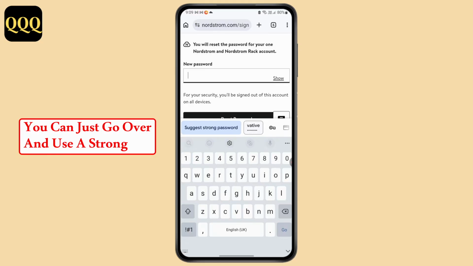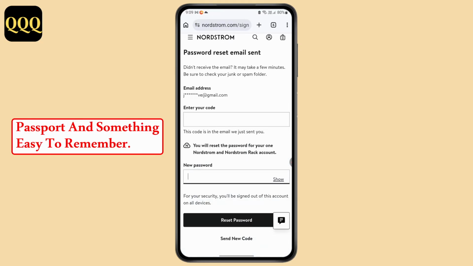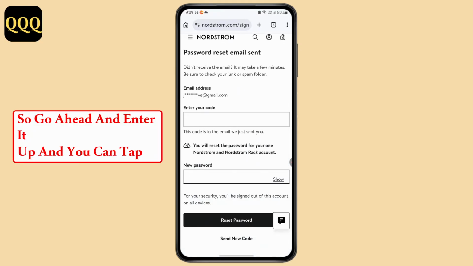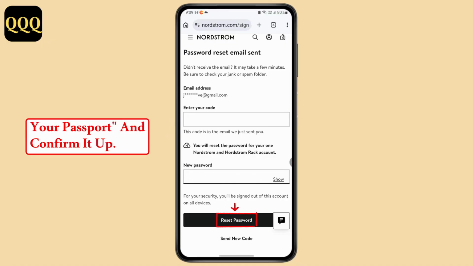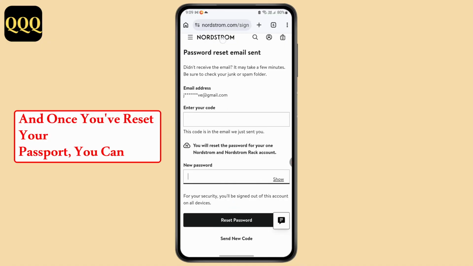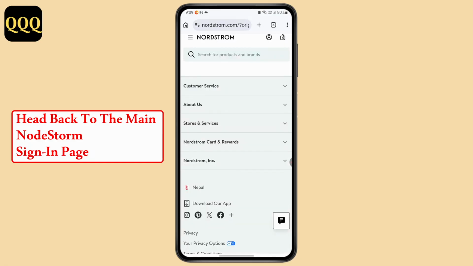You can just go ahead and use a strong password and something easy to remember. So go ahead and enter it and you can tap on the option called reset your password and confirm it. And once you have reset your password, you can head back to the main Nordstrom sign-in page and